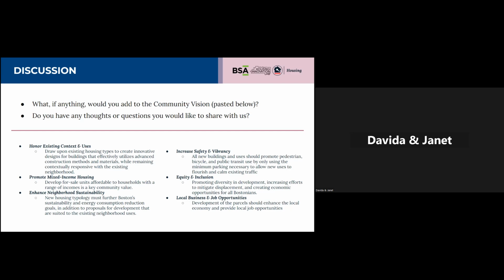As described earlier in this presentation, we're looking at 80% AMI and higher. And once again, there are far too many people in this neighborhood currently who would not be able to rent or purchase.